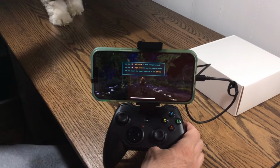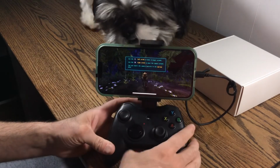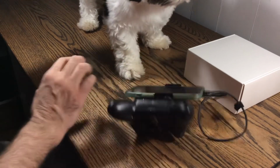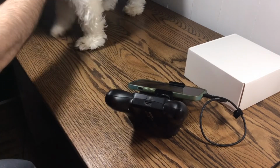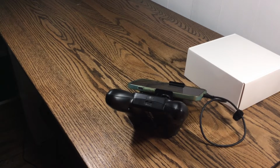Stay there. Okay, go sit over there. Come on, I can't right now. You gotta go sit over there. Go sit over here. Okay, go sit